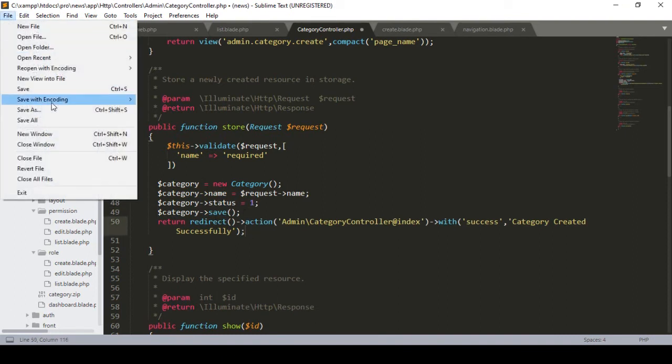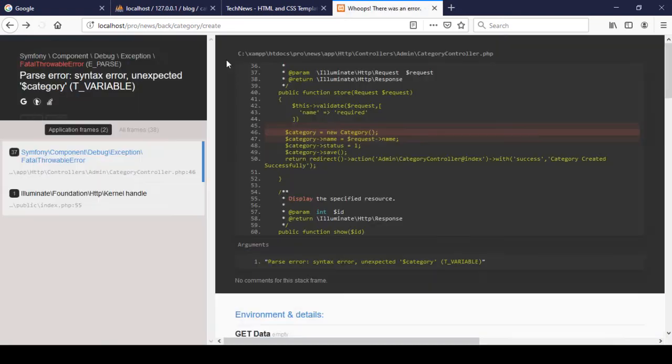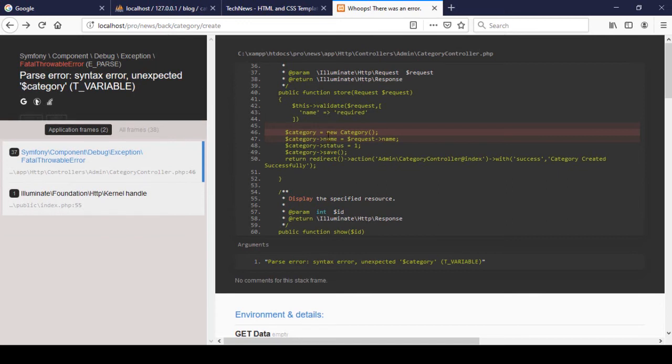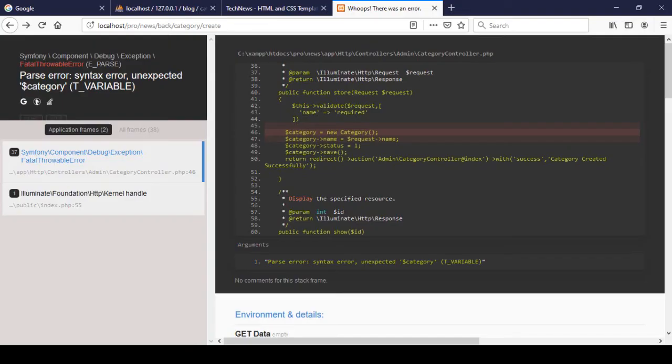I click on save all, and now if you refresh that page, like I just refreshed it, now there is an unexpected category error. You can see I missed the semicolon in that particular position. That means here you have to define that semicolon. Okay, so now I click on save all, and now if you refresh that page again,